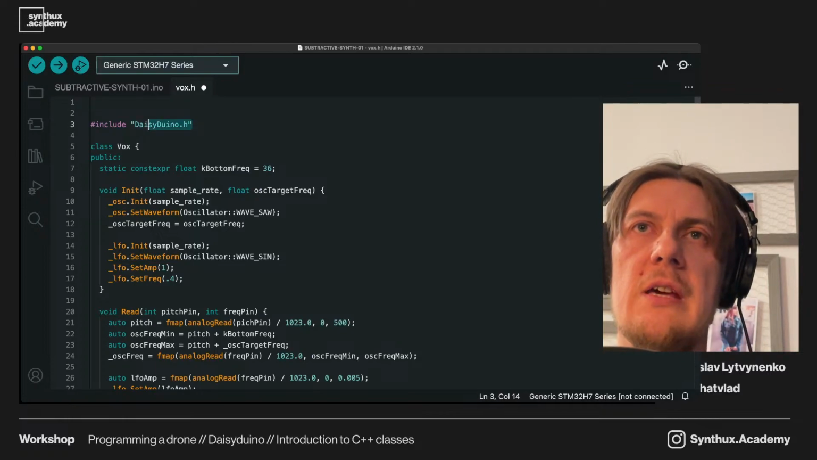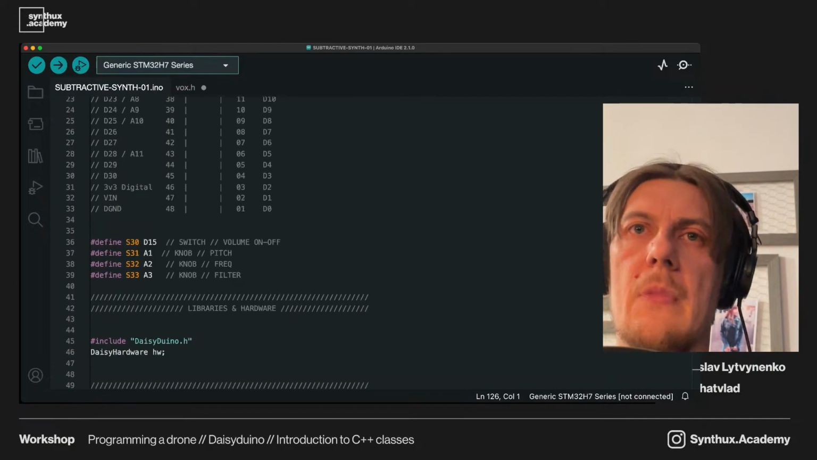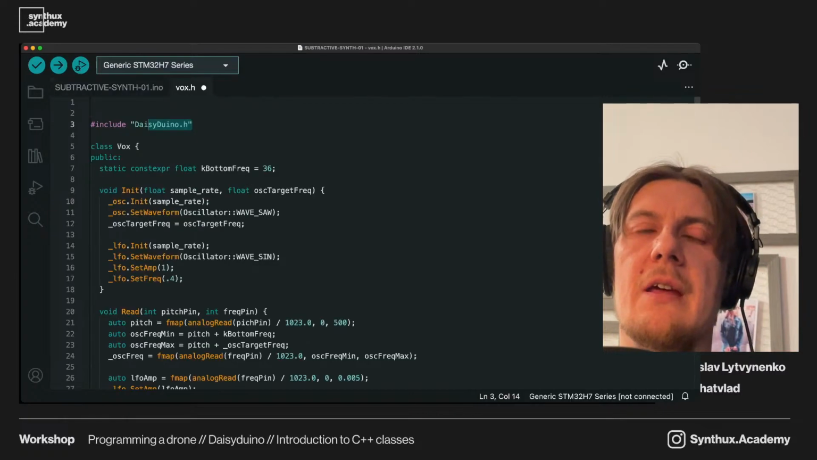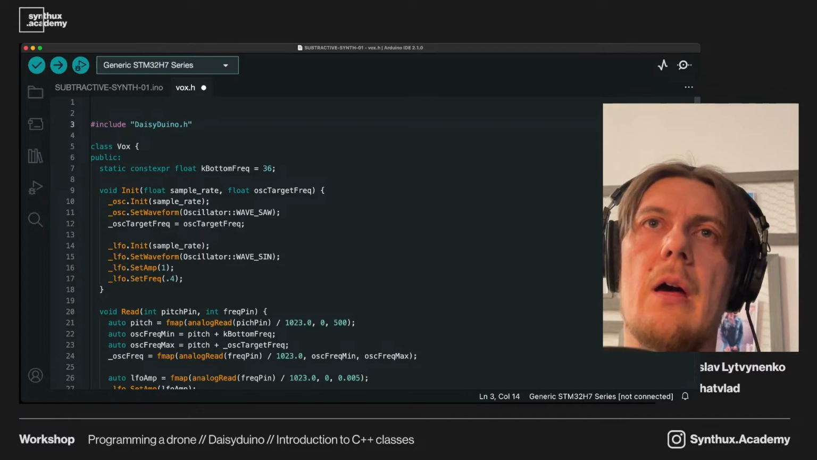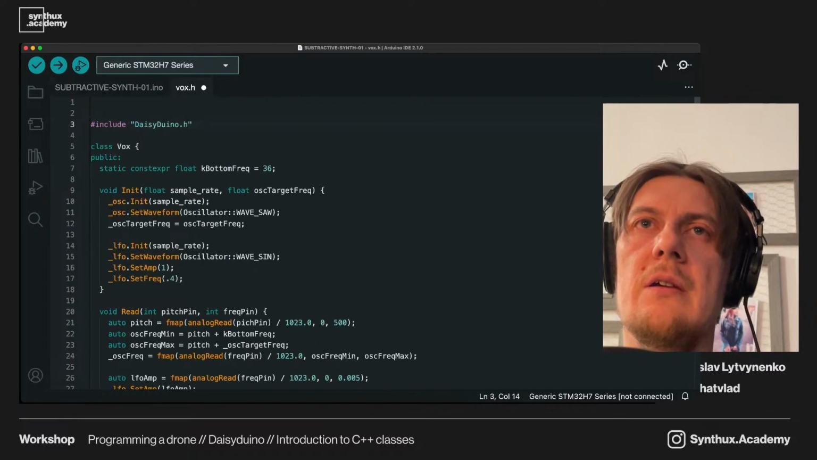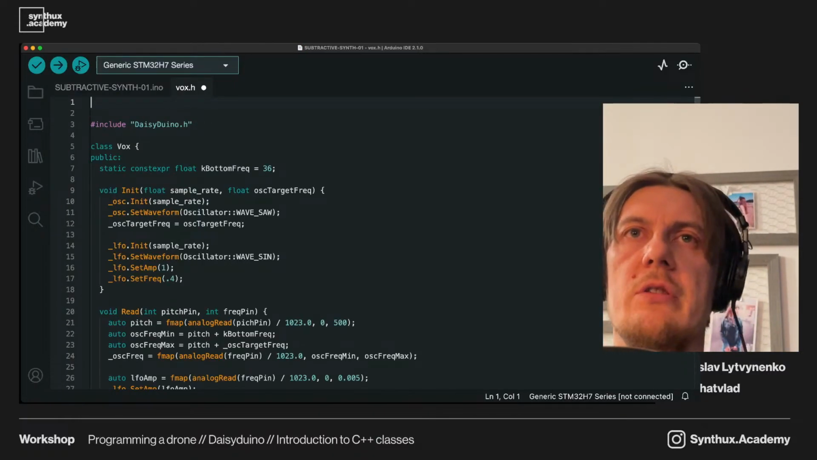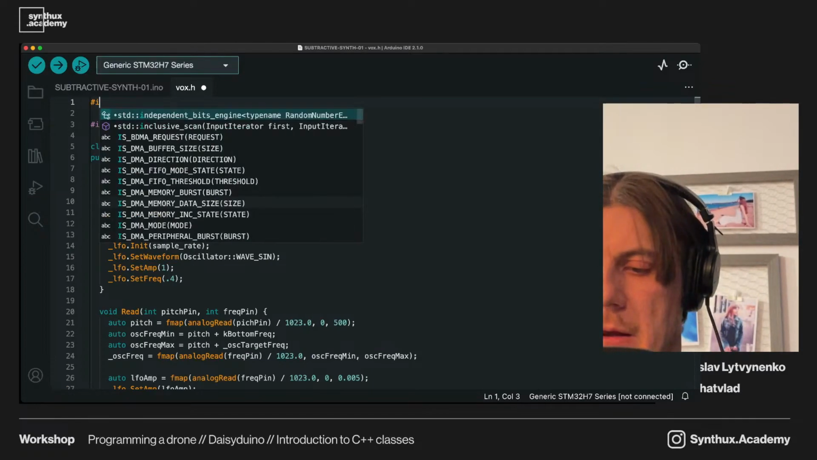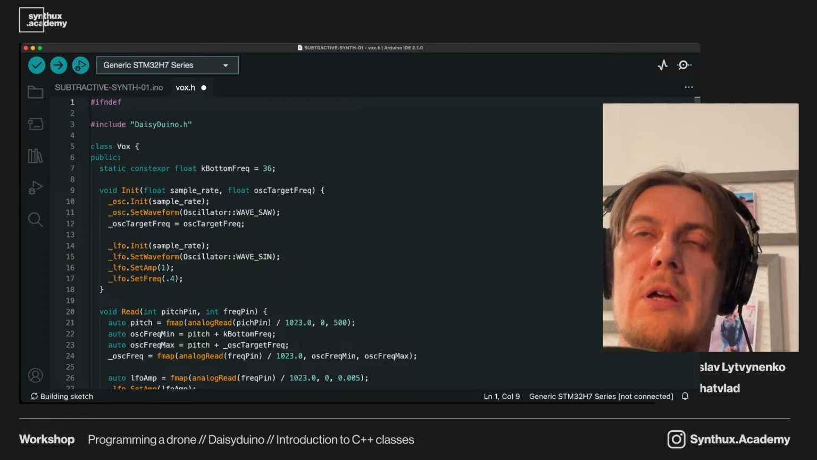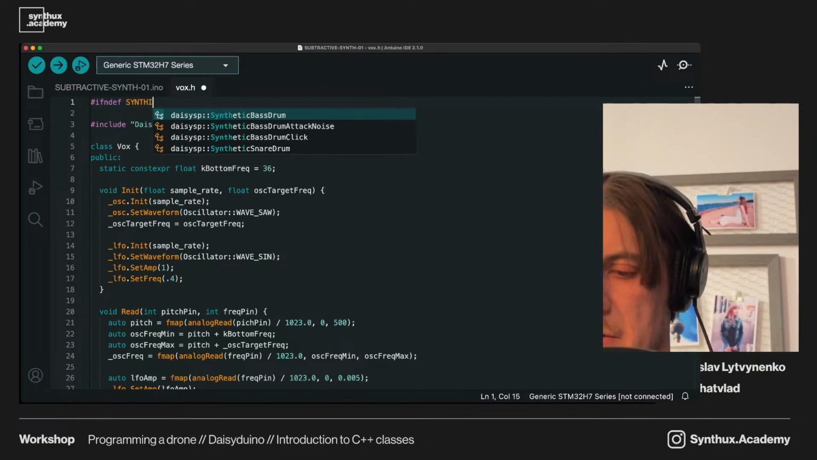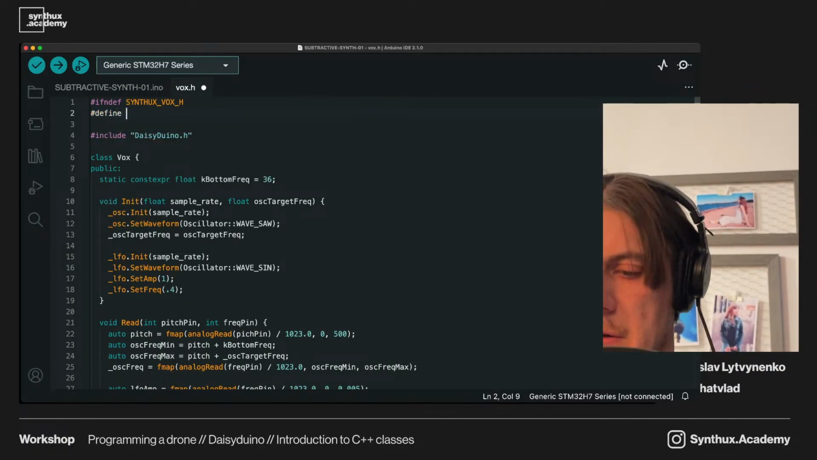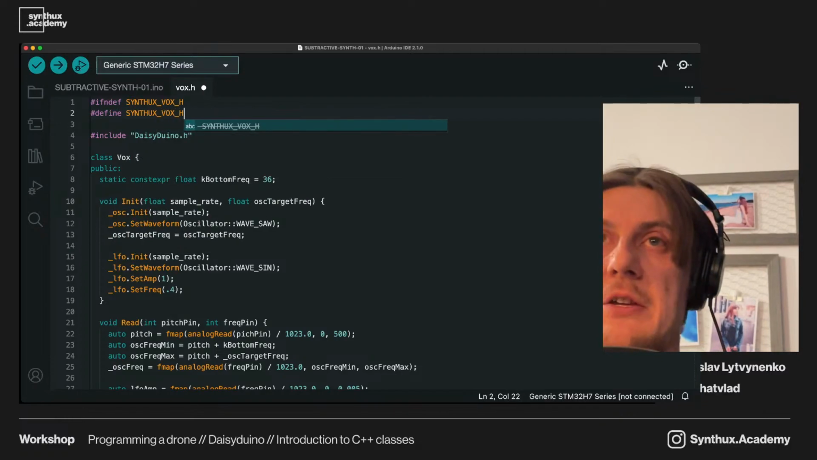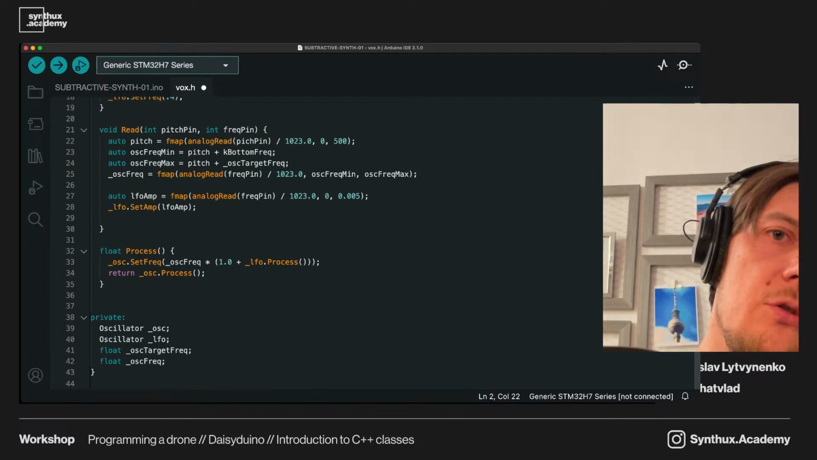So DaisyDuino is included here, and DaisyDuino is also included here. What does it mean? It will see it twice and try to create this class twice, which will of course lead to a compiler error. So we need to fix it, and the way to fix it is also a standard convention. It's a macro. We say if not defined, we call it synthux vox h. We say define synthux vox h, and then in the very end of the file we need to add